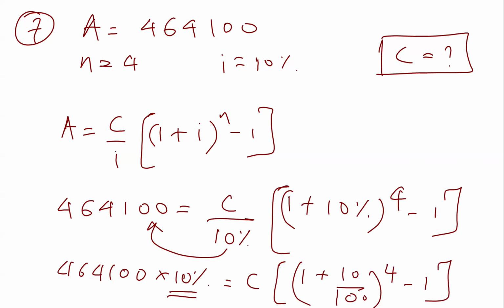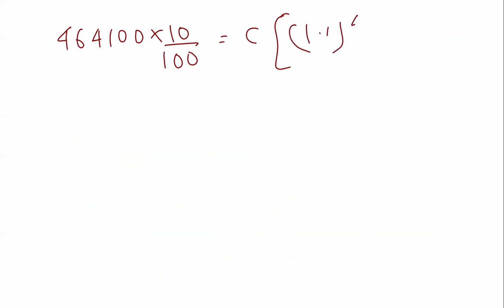This 10% also I'm going to write as 10 upon 100. So this will be 10 plus 1, 11, 11 upon 10, this round bracket will be 11 upon 10, which is 1.1, right? So 4,64,100 into 10 upon 100 is equal to C, 1.1 raised to 4 minus 1. So this is 0, this is 0, the zeros are getting cancelled. 4610 is equal to C